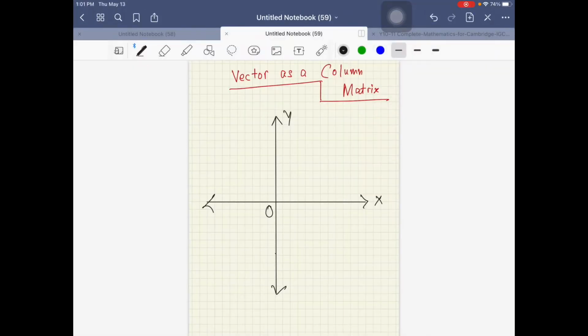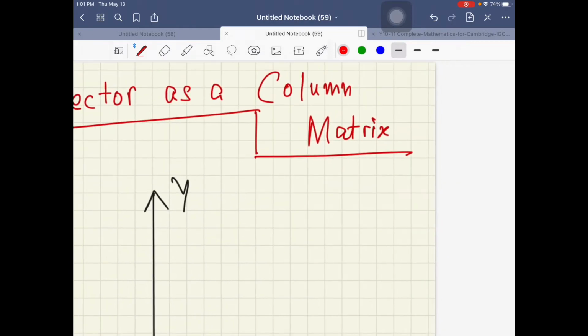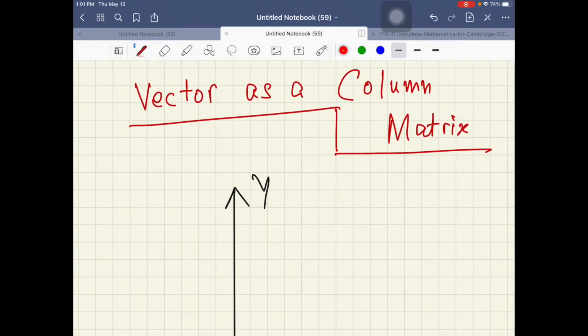Hi students. So right now we're going to learn about how a vector can be represented as a matrix. Before that, we need to understand the meaning of the word matrix. Basically, matrix is